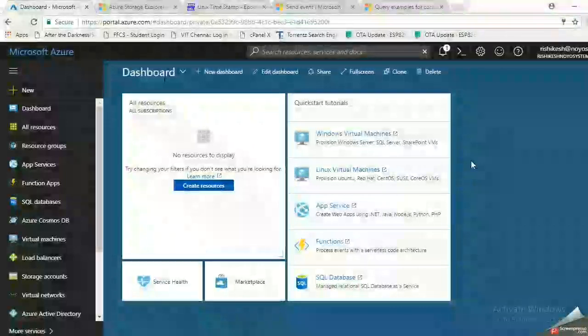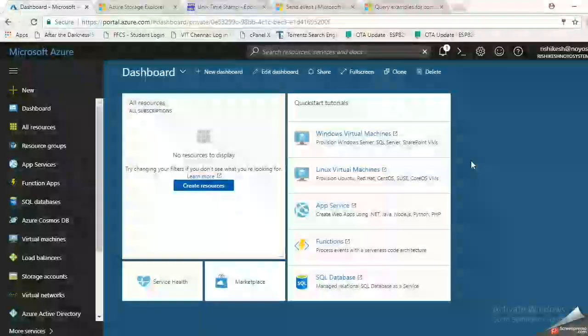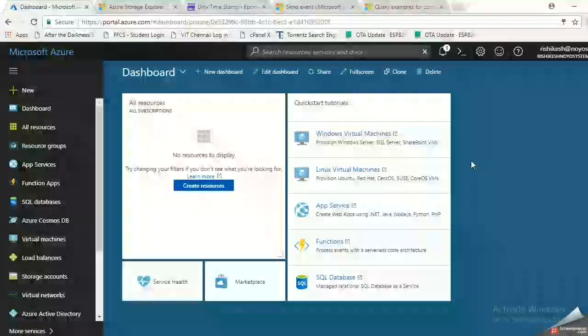Okay, hello friends. In this tutorial, we are going to see how to interface your ESP8266 module with Azure Event Hub services. Event Hub is a service where we can get events or messages from a very high number of devices, maybe say 100 devices,